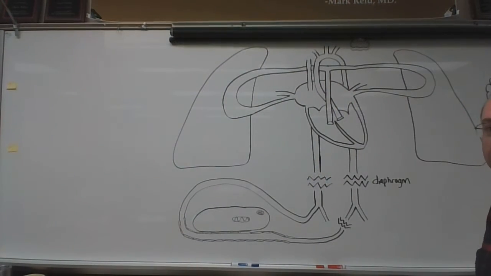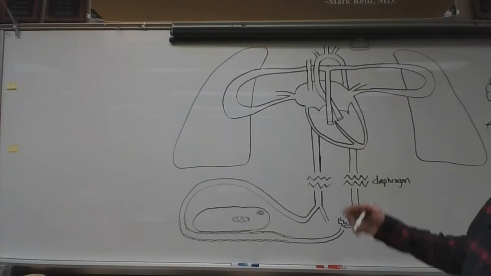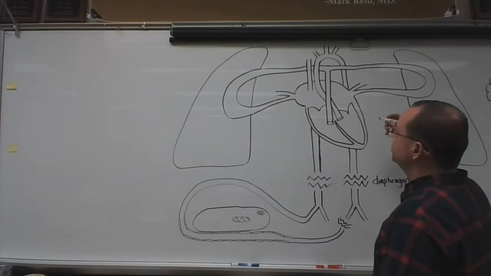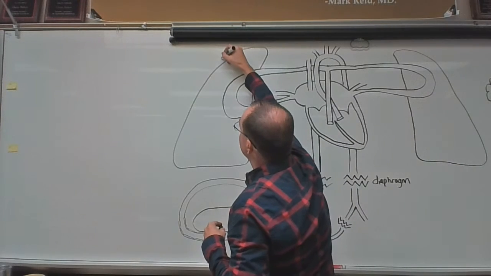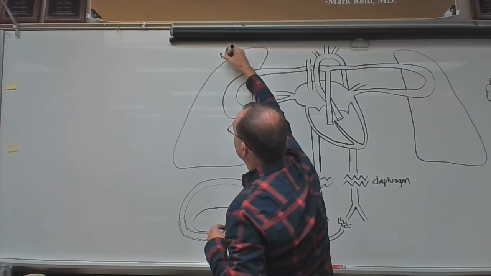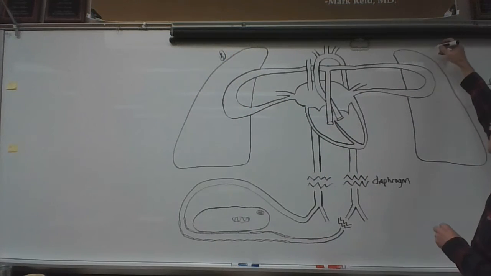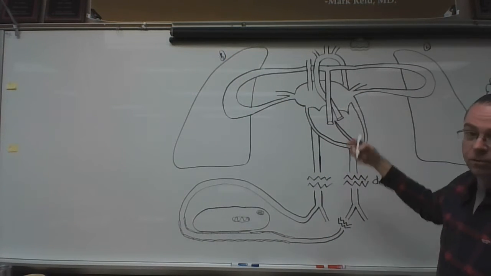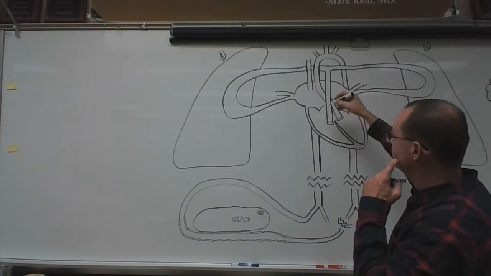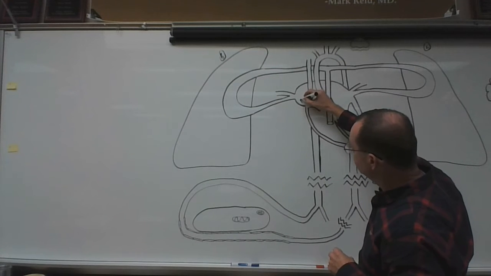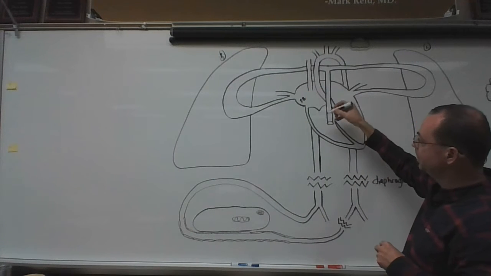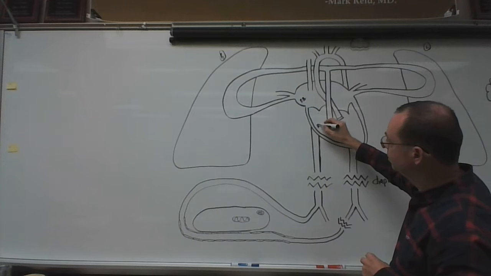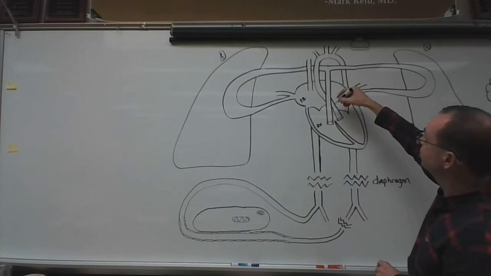All right, so let's take a look at some cardiovascular and pulmonary anatomy here. So to start off with, this is the patient's right. This is the patient's left. This, of course, is the heart. And we've got the right atrium, which then pumps down to the right ventricle, which then pumps out through the